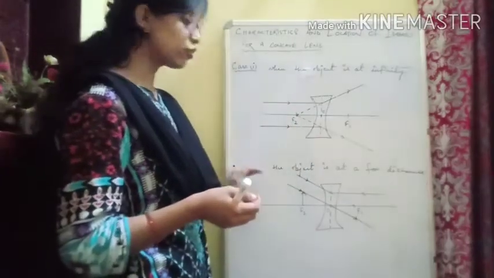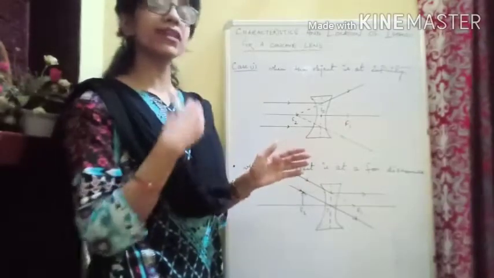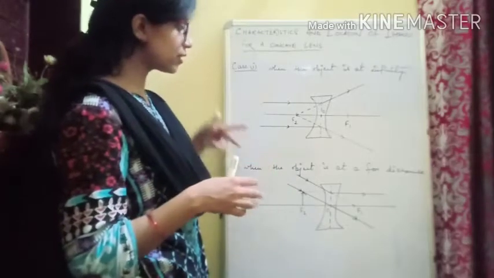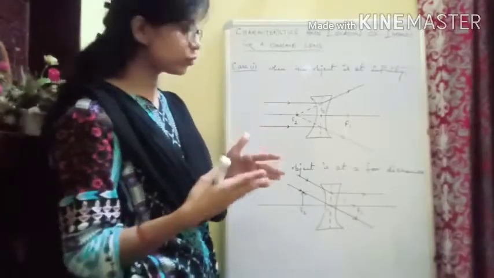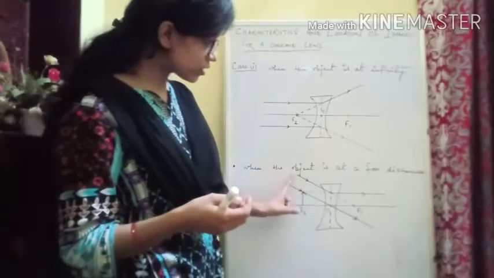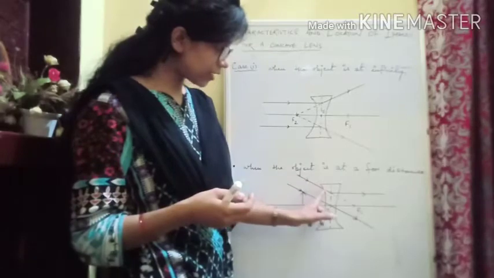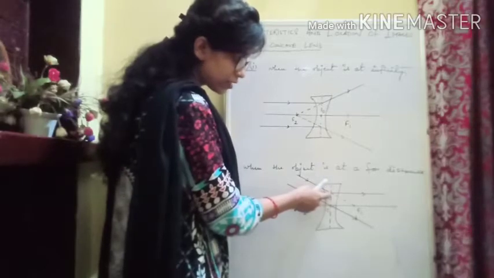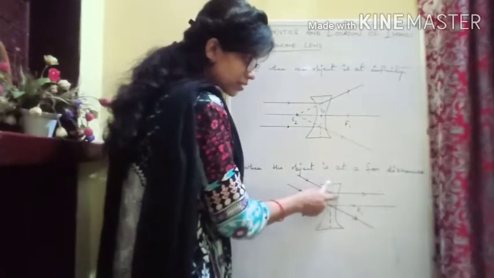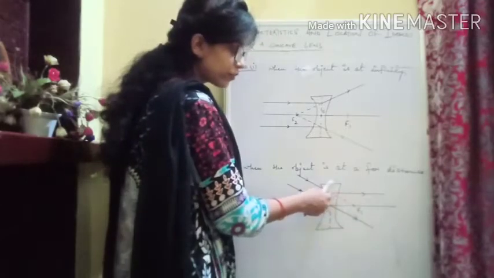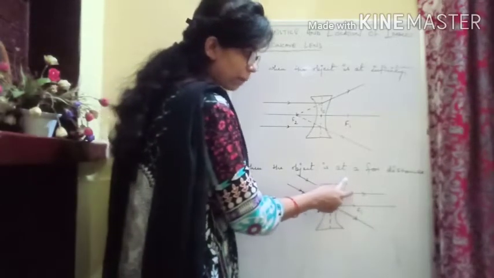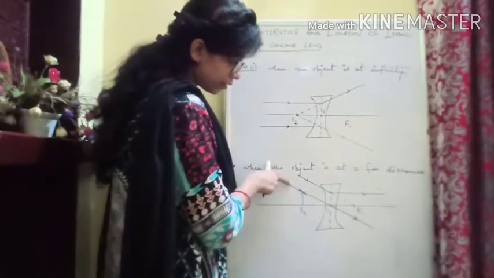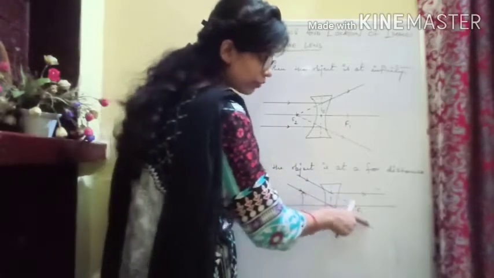Same, we have taken a subcase when the object is not at infinity but at a very far distance. If the object is at a far distance, the rays will be parallel to each other but not parallel to the principal axis. So we have taken two rays. You see one ray is coming like this, this is the incident ray, and when it is falling on this concave lens, it appears that it is coming from the first focus, and if it is coming from the first focus, after refraction it will go parallel to the principal axis. So this is the refracted ray. Now the second ray, incident on the optical center, will move undeviated.